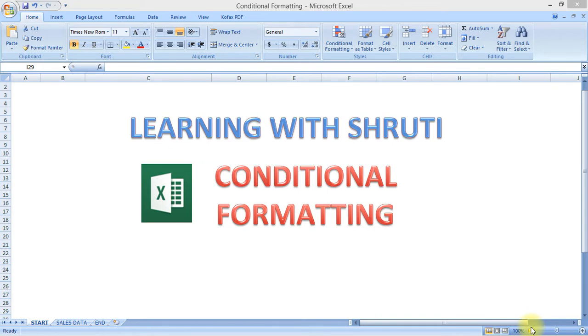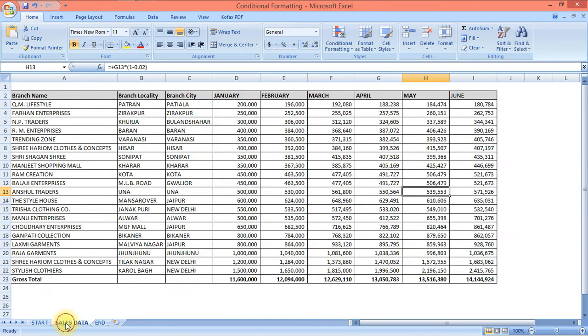Now let's check where this tab is. I have a sample data in this. This is the quick access toolbar. In this, we have a Home button, and in this Home, we have conditional formatting. Suppose in this data, I want to check which stores are giving sales more than a particular amount, or below average, or between a particular amount, like 3 lakh to 5 lakh rupees. All this we can do with conditional formatting.